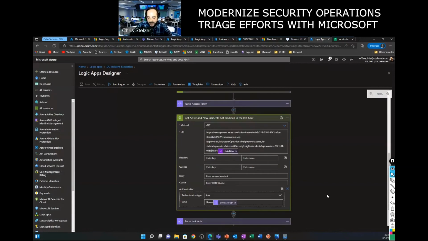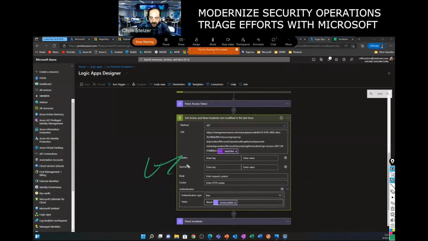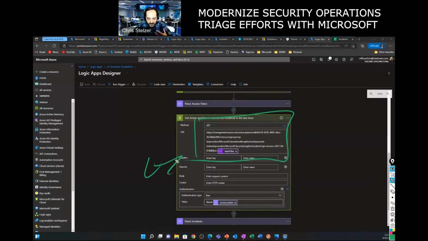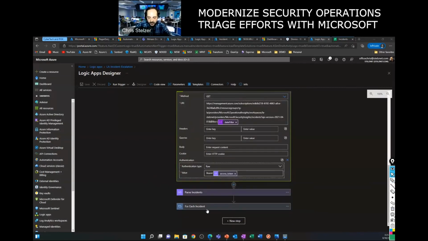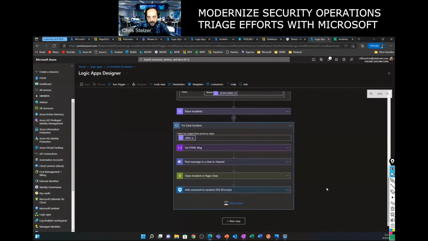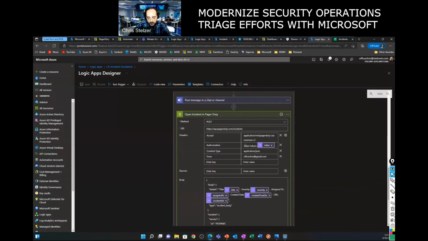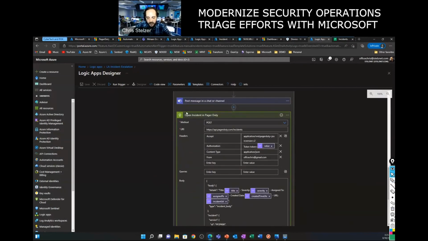It just grabs any incidents that haven't been modified in the last hour that are of what we call high severity, right? STAT has already analyzed the incident and determined it's a high risk level. Now my escalation playbook is going to run to grab all incidents that are high risk, that haven't been touched in the last hour. And for every incident, just call the PagerDuty API and open an incident within PagerDuty.